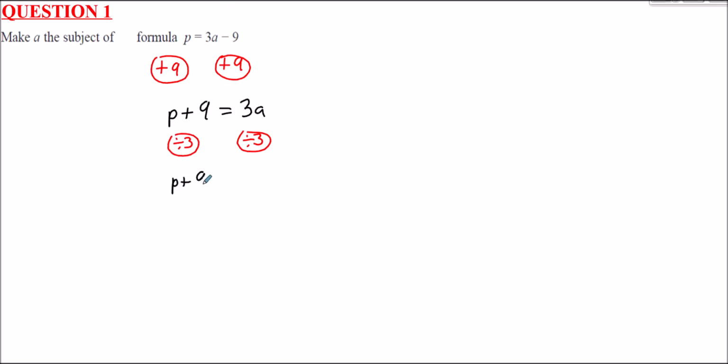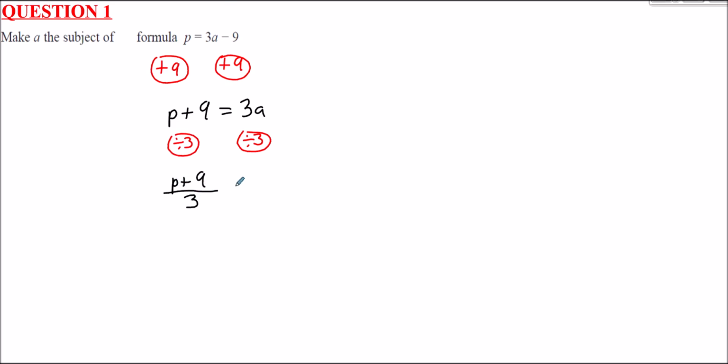One of the first decisions we could make would be to get rid of this minus 9 by adding 9 to both sides. That would give us, instead, P plus 9 equals 3A. Then to get from 3A down to just 1A, we could simply divide both sides by 3. And so that would give us P plus 9 all divided by 3, in other words, all over 3,